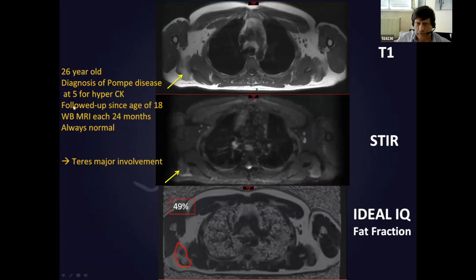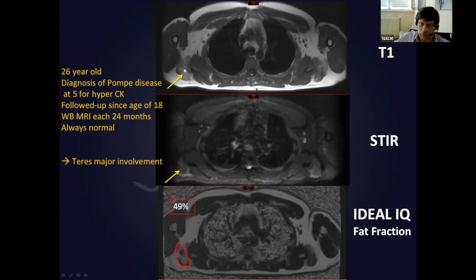This Pompe disease was made very early at 5 for hyperCKemia, and the follow-up every 2 years permits to detect, after the 6th examination,